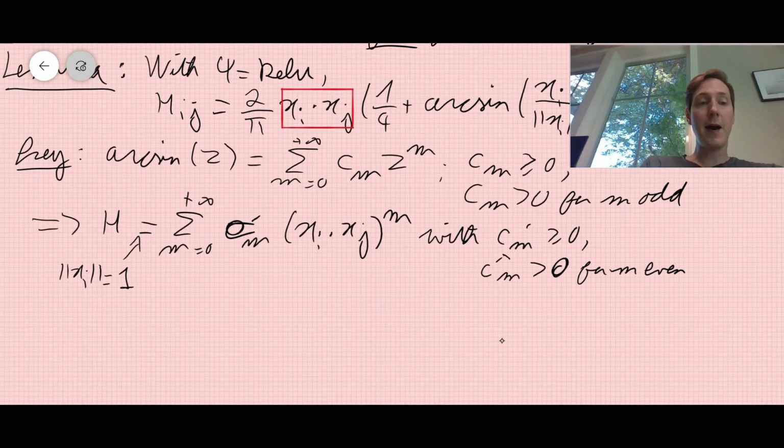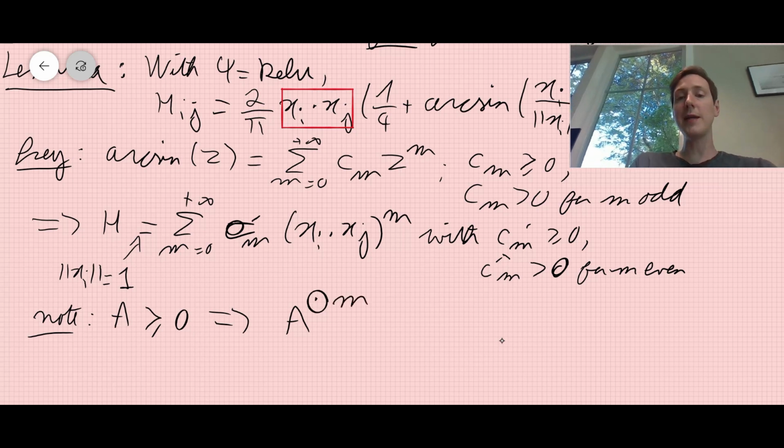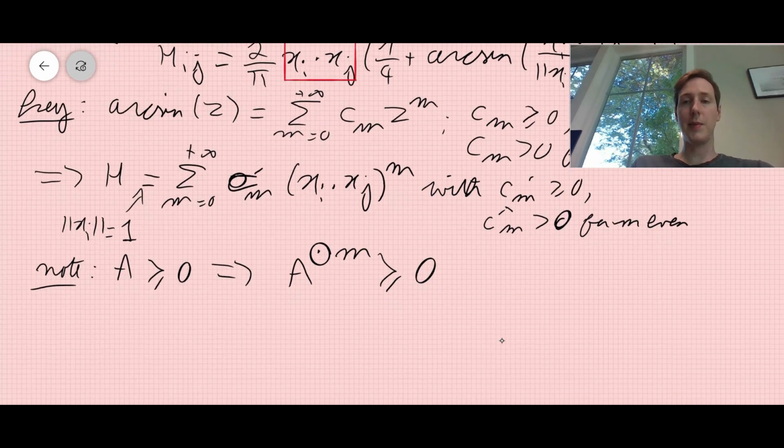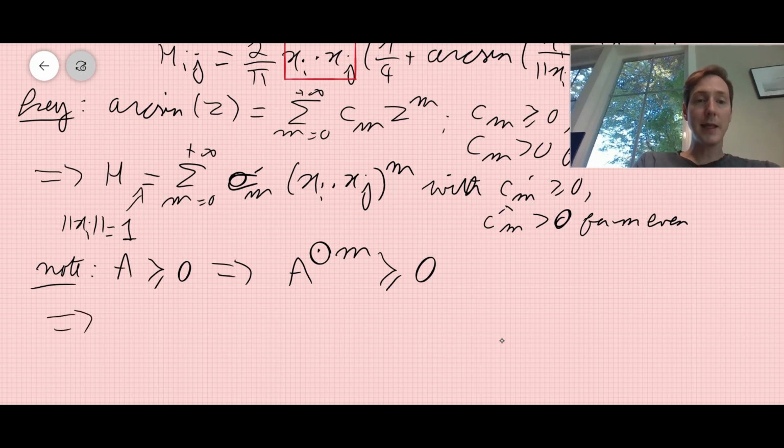Okay, now note that a PSD, positive semi-definite, matrix implies that in fact the Hadamard power, so if I raise all the entries to the power m, remains PSD. Okay, this is called the Schur theorem. In any case, you can check it easily. So this implies that my H is larger than cm'